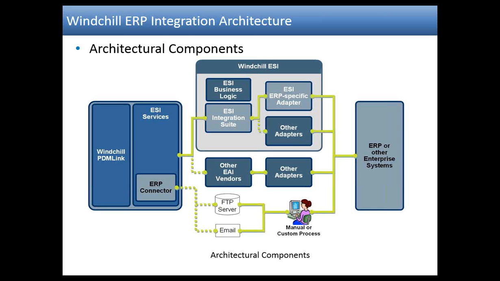It's a high-level architecture. What are the components available within Windchill for integration with ERP? With Windchill PDM-Link, you can see at the leftmost the components available: ESA services, and the other one is ERP connector. ESA services provide bidirectional integration, where it can take the information from Windchill in terms of attributes, and provide the same information at the ERP side, and at the same time it can retrieve the information from ERP